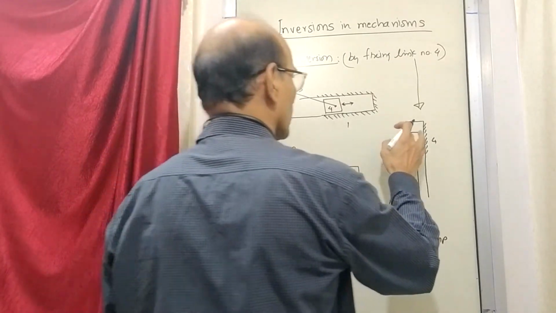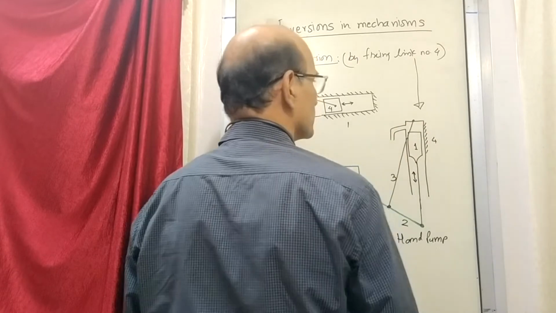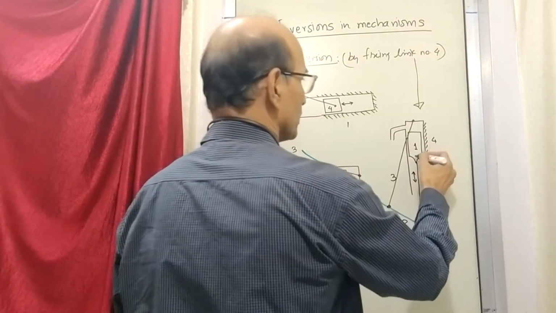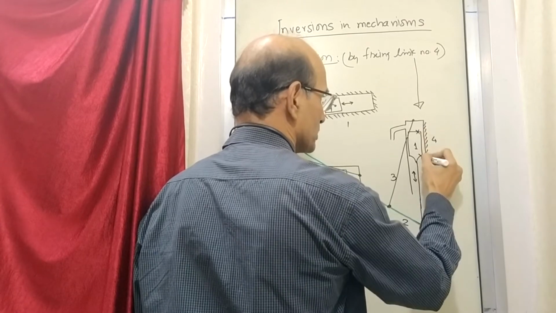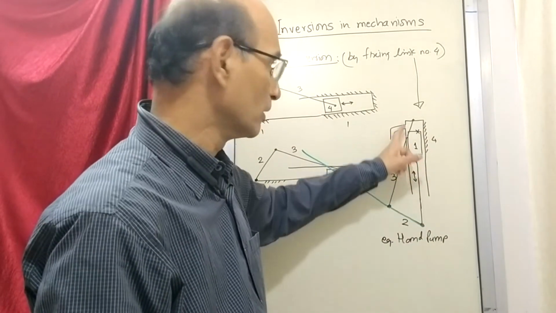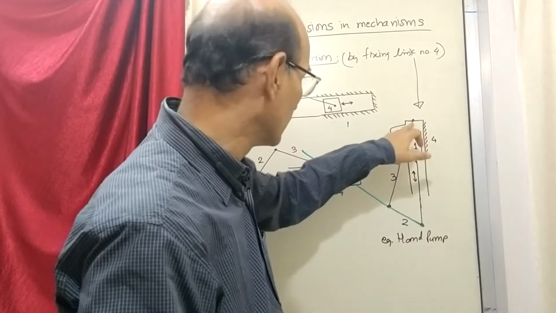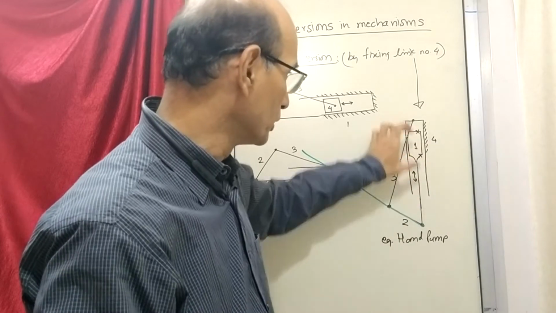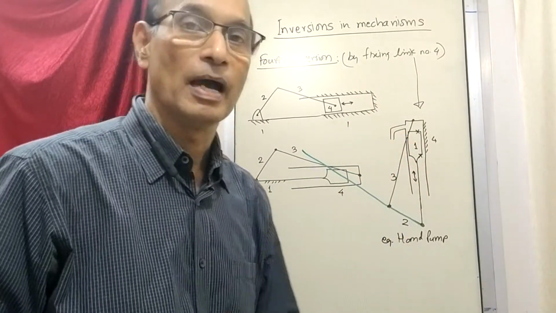Okay, I have not drawn all that, but you will know that from this place there is a water outlet, and inside there is a valve placed at this place, and at this place there is another valve. So when you bring it down, one valve is open and the other valve is closed, so water gets lifted up, and when it pushes up, the water goes out. According to this movement, the water gets pumped up, and this works as a hand pump.